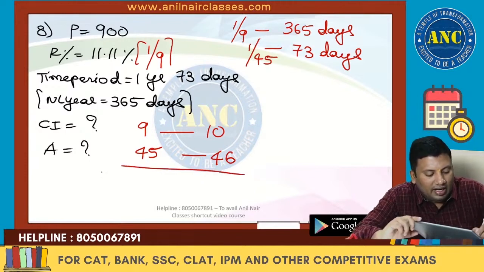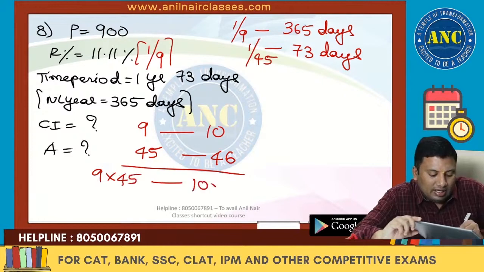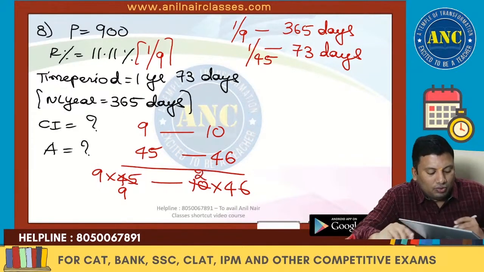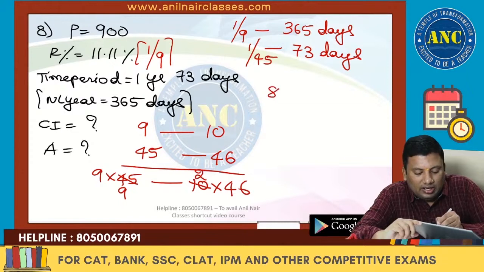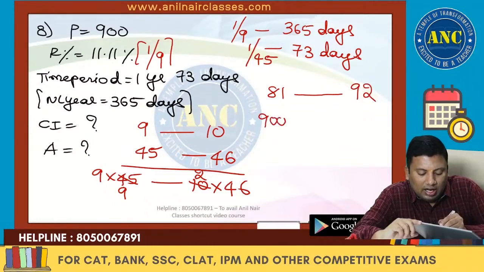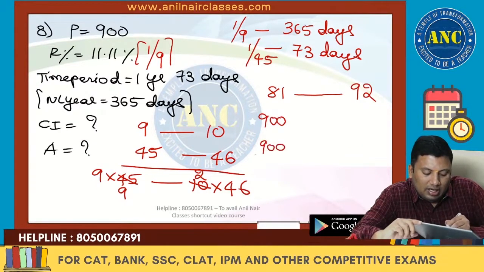I hope the idea is clear. 9 into 5 and it is 10 into 46. These, 5 9s are 45. These, 5 2s are 10. So 81 is becoming 92. 81 is becoming 92. 900 means 900 by 81. 900s are, 9 9s are,